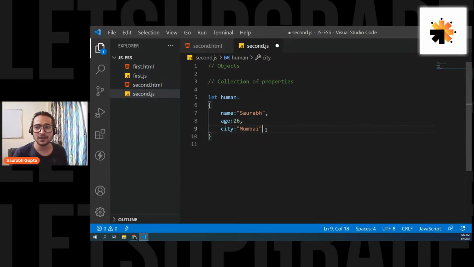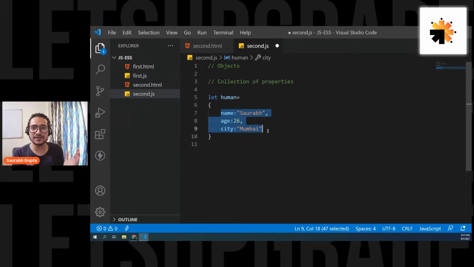Is that clear, Meghna? So basically, you create an object when you want to structure data to represent something. It's exactly like three variables. If you want, you can also create three variables: name, age, and city. But here we know that this is a collection of three properties and they belong to something. So we know that these three properties are related and they belong to a single entity, like a human or a car or anything. That's how they work.